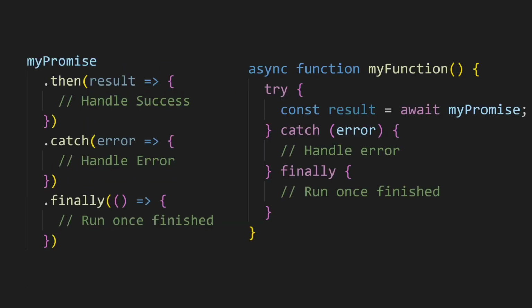Now that you've learned both syntaxes for promises, which one do you like more? Async await was invented to make it more readable, but I think they look pretty much the same. There is no one option that is better than the other. At the end,